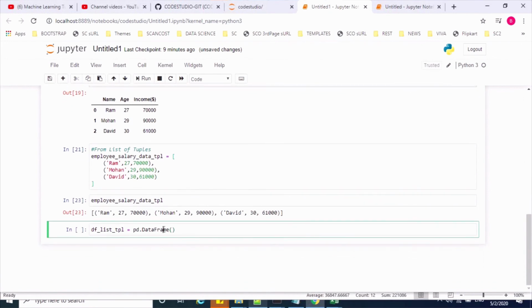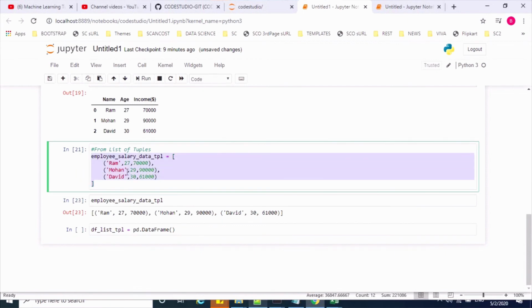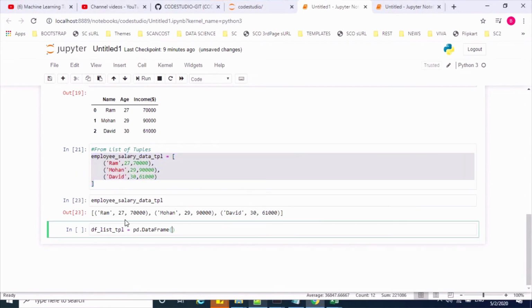Now here we also have to create column names, because in this data we did not mention the column names. So the first argument is your data, and the second argument is your columns. So here is the syntax.